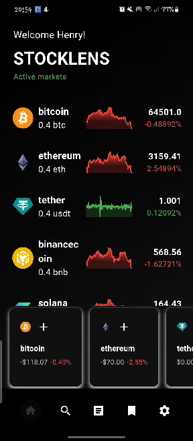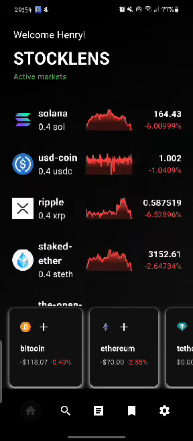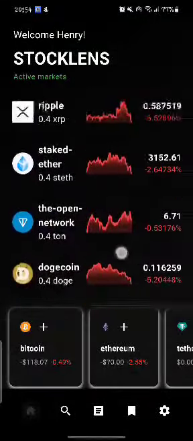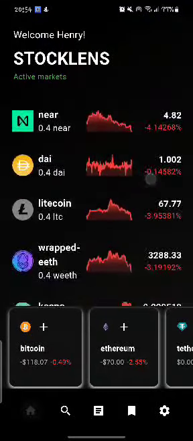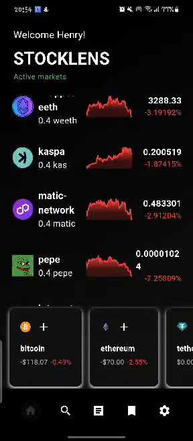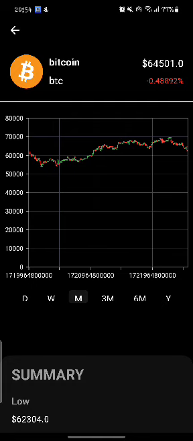Saved it. So yeah, this is the listing of the active markets. As you can see, some are in downtrends, some are in uptrends, and there's volume in the market as of now. Over here on these cards, you can actually access your real-time graphs in various time frames: the daily, the